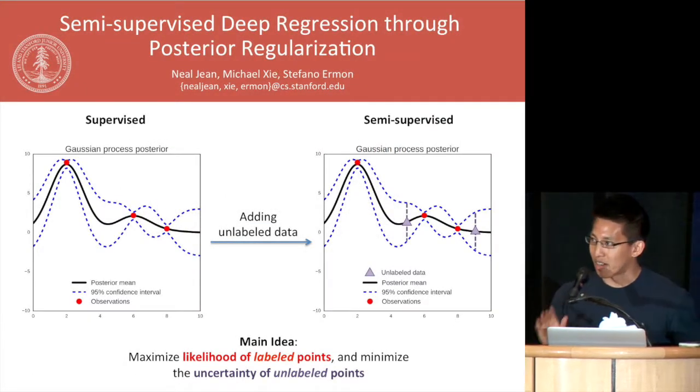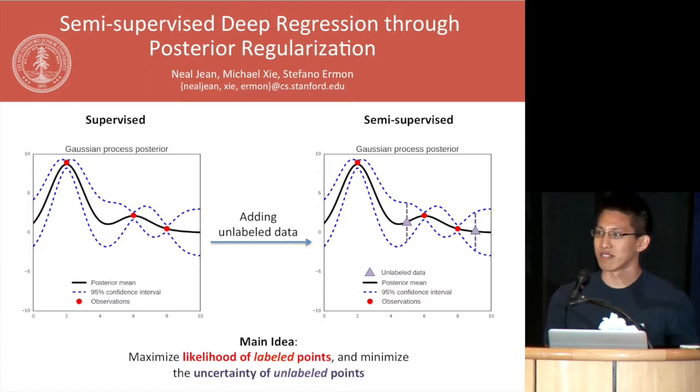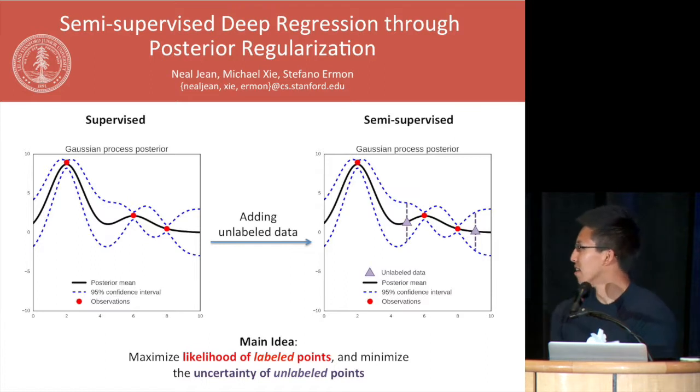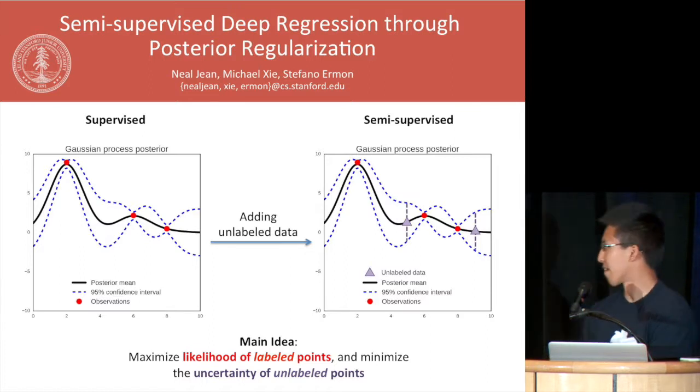Hi, I'm Neil. I'm a third-year PhD student working with Steph Rahman. So I think at this point, everyone basically accepts that if we have lots of labeled data, we can train deep neural networks to do a lot of crazy things. But there's also a lot of problems where it's fundamentally hard or expensive to collect labels. So in our group, we're working on some semi-supervised approaches that allow you to use unlabeled data to supplement your small labeled data sets in training these deep neural networks.